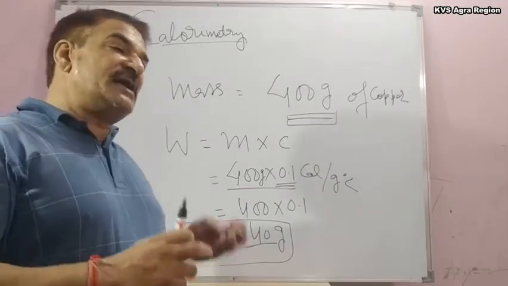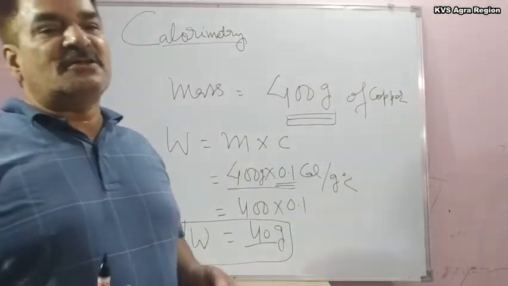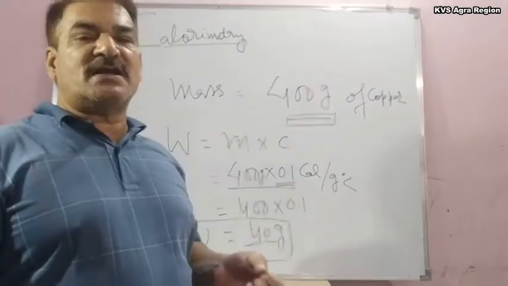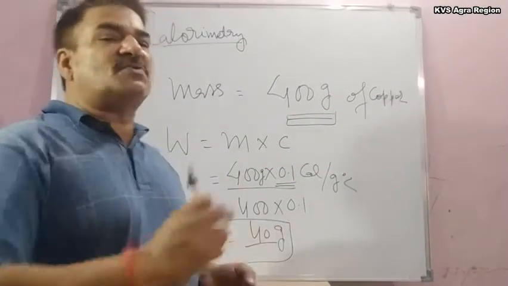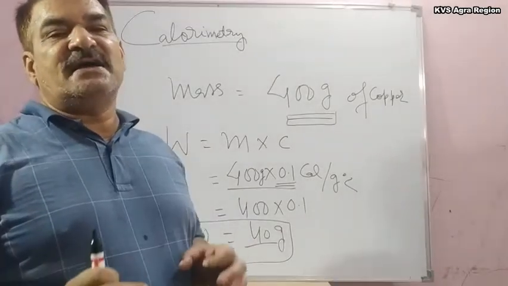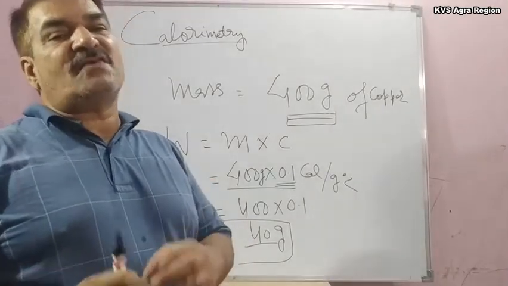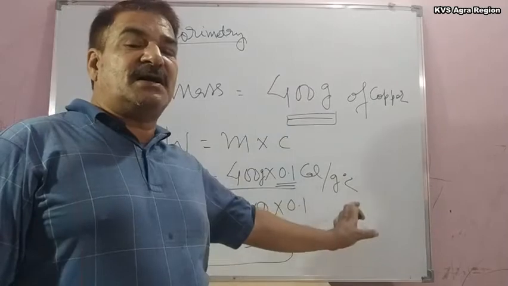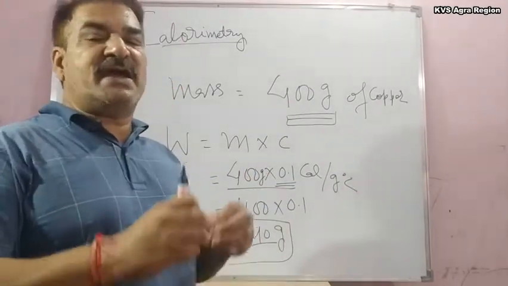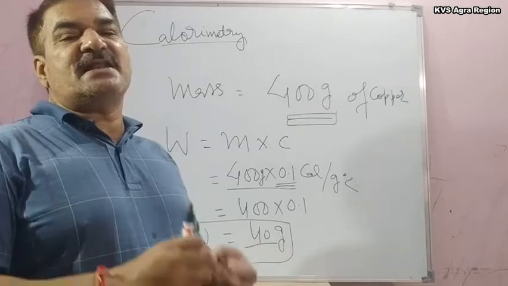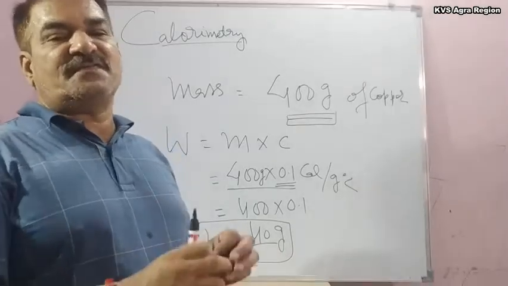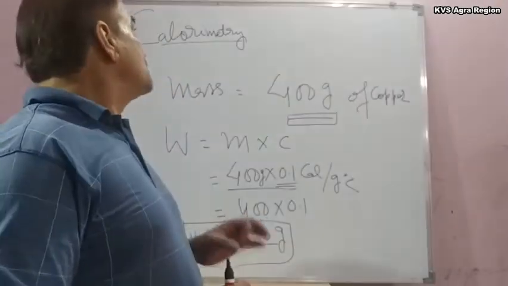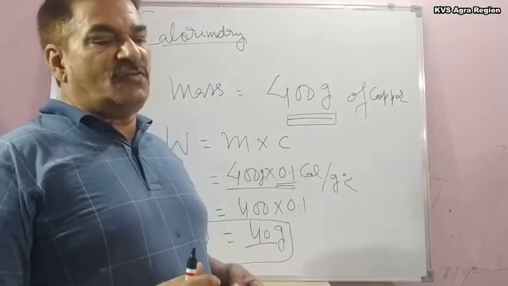So if we are taking some mass of water in such a calorimeter of 400 gram, we will add this 40 gram to the mass of water. Why? Because it is the water equivalent of that calorimeter, and then we won't need any mention of the material, mass or specific heat of that calorimeter. That will now be left out. So this is about water equivalent.